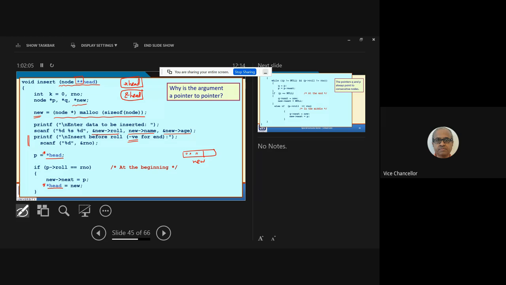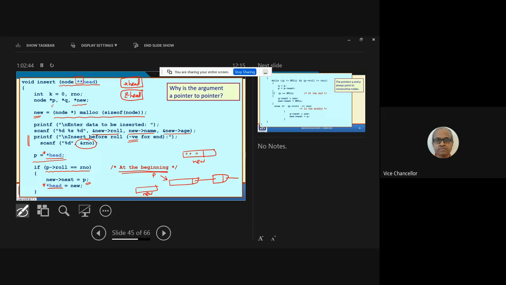You see, this P is a pointer. So P, you start by initializing it to this head, the starting of the list, and you check whether the roll number which the user has entered is contained in the first node itself. If it is contained in the first node, it means you're inserting at the beginning. Then the next node you are linked. See, if you want to insert in the first node, what you do? Head was pointing here. So this is your new node. This is new.